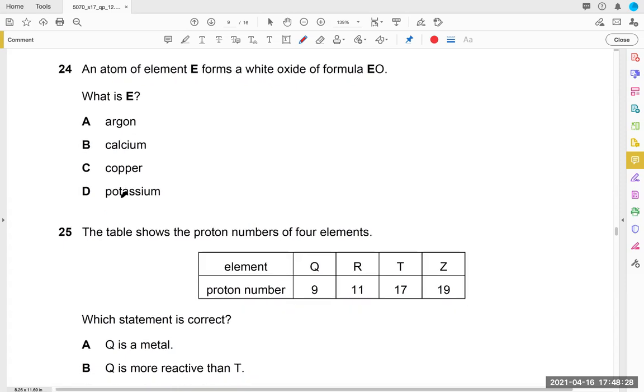An atom of element E forms a white oxide of the formula EO. What is it telling me? It's telling me that if oxygen is -2, E is +2. So EO, that's the first point. Second, it's saying it's white, which means it is possible that it won't be a transition metal, because it's white. So calcium and copper were both possible, but calcium is the one that's going to be white. Copper won't be white, it will have some color. We also know that copper 2 oxide is black. That's something we have to remember. So in any case, this is calcium oxide, which we also call lime.